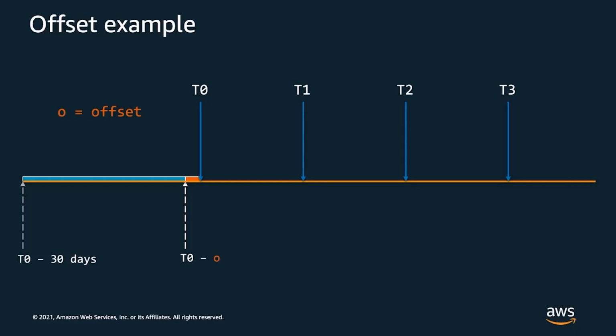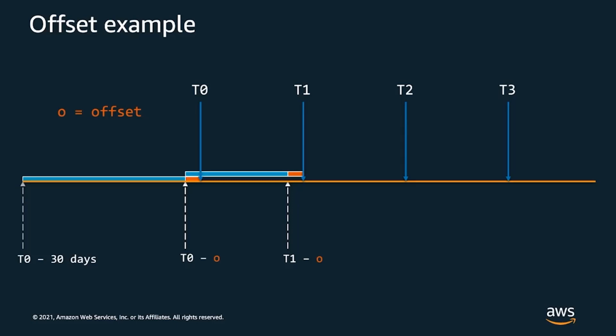So if you're at 10 a.m. and your offset is 10 minutes, it's actually going to pull everything up to 9:50 a.m. It's going to be that T0 minus the offset. Then the next pull that happens is going to be T1 minus 0 as the ending point, and the beginning point is going to be T0 minus the offset. So it's going to catch that offset, so it's going to stagger your pulls back, and again, in our example,